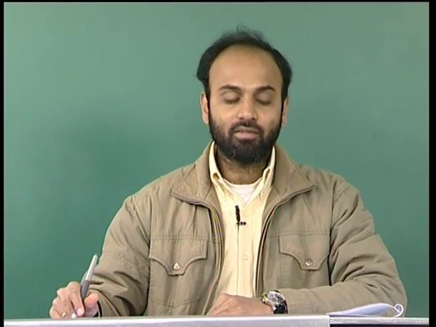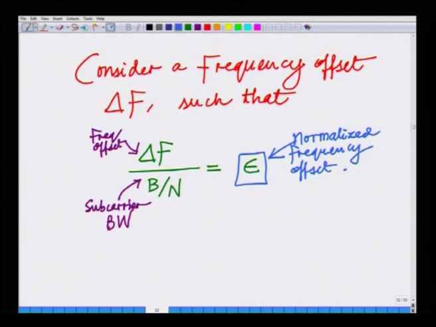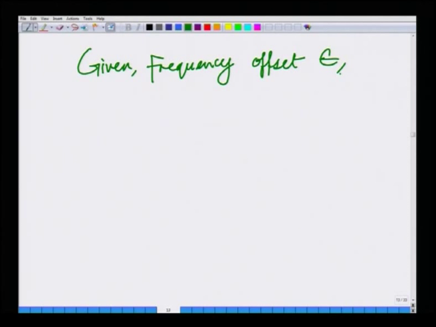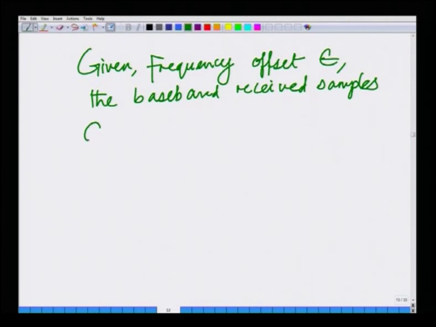Now, given this frequency offset epsilon, it can be shown that the received samples y n at the OFDM receiver, the baseband received samples, are given as